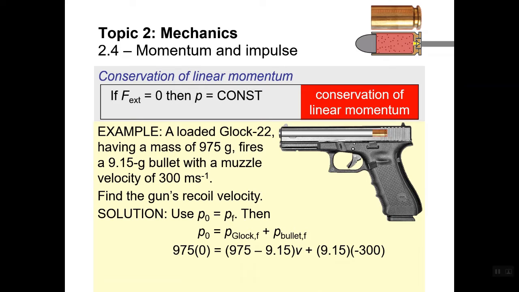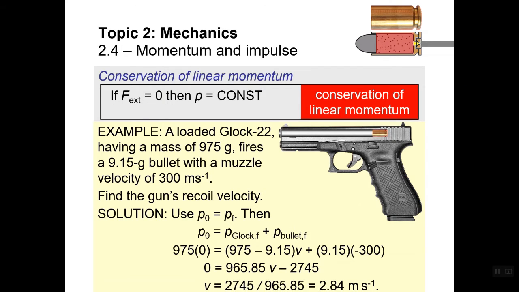Here it's minus 300, as we choose the positive x direction as our reference, and the bullet is traveling in the opposite direction, so minus 300. That gives us 0 equals 965.85 v minus